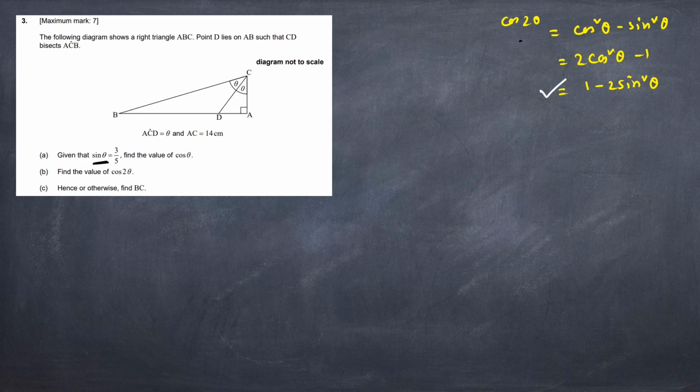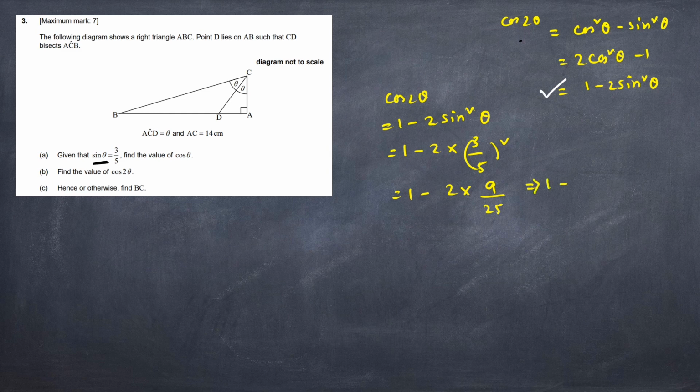You are doing the problem from the value that is already given in the question, so it is a very good attempt. So cos 2 theta is equal to 1 minus 2 sine square theta. So we can write 1 minus 2 into 3 by 5 whole square, since the value of sine theta is given as 3 by 5. So 1 minus 2 into 9 by 25, which is 1 minus 18 by 25, so 25 minus 18 divided by 25. Ultimately cos 2 theta is equal to 7 by 25.